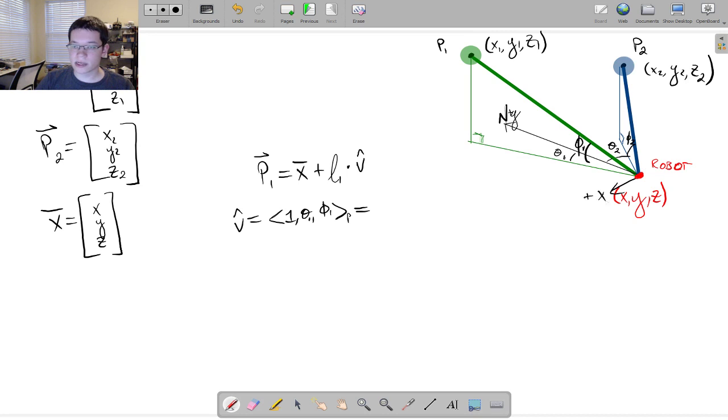This will be plus x, and this will be plus z. So we'll say it is 1 in magnitude, so I can actually ignore that part, but it'll be 1 times